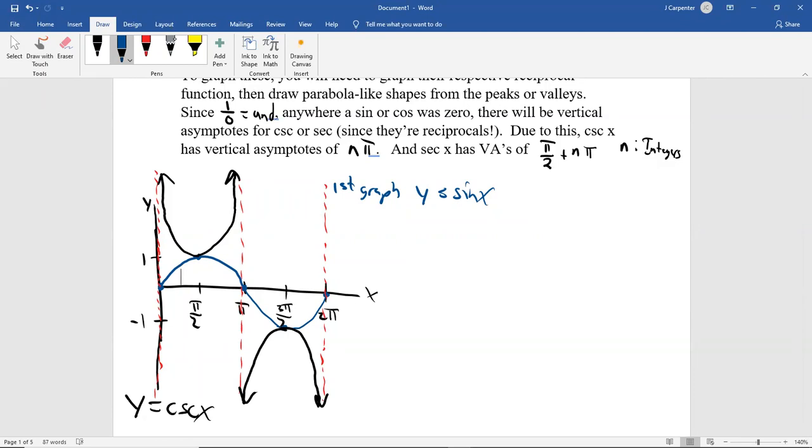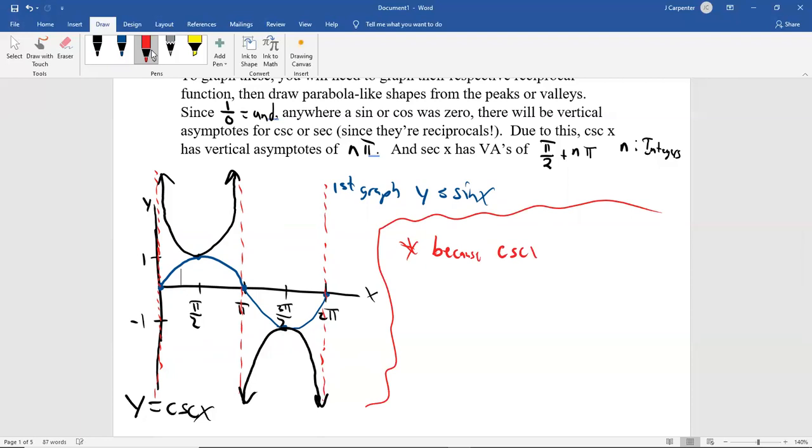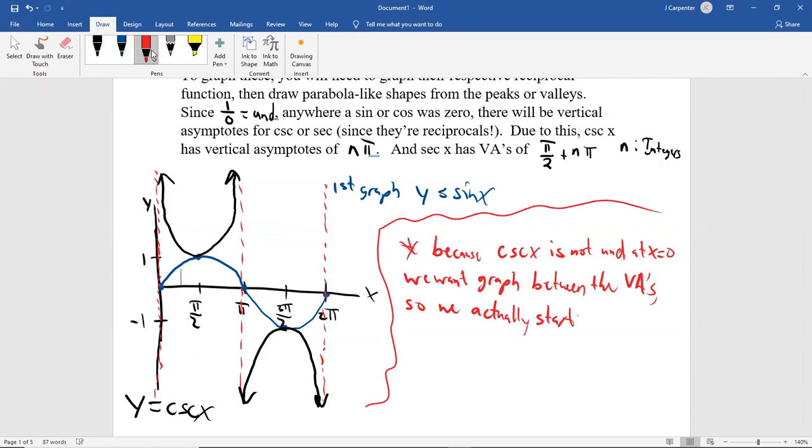All right, so there's our cosecant graph. Next up, we need to do the secant graph. But I want to make a little memo here. Because secant of x is not undefined at x equals 0, we want to shift the graph. We want to actually graph between the vertical asymptotes. So we actually start a little to the left. How far left exactly? Negative pi over 2, because negative pi over 2 is the closest negative x coordinate that